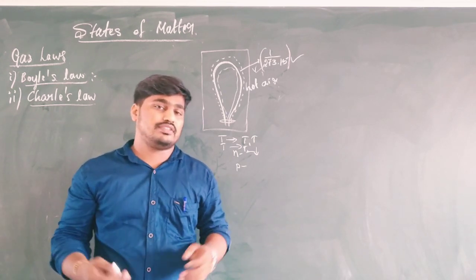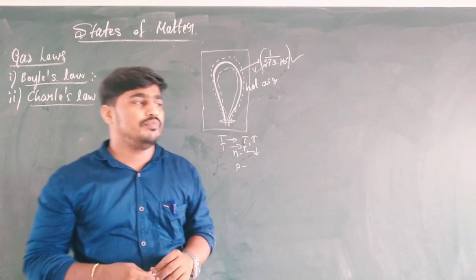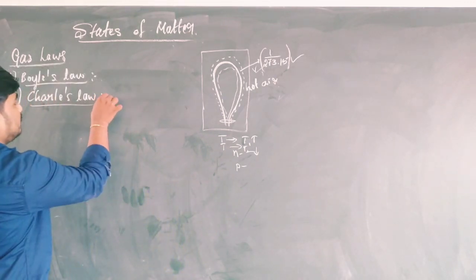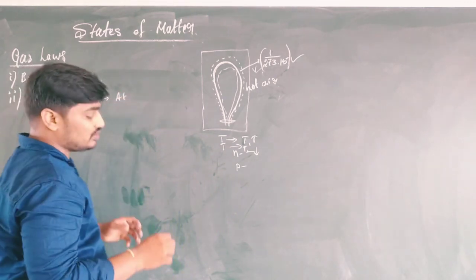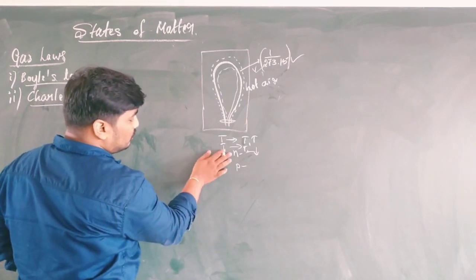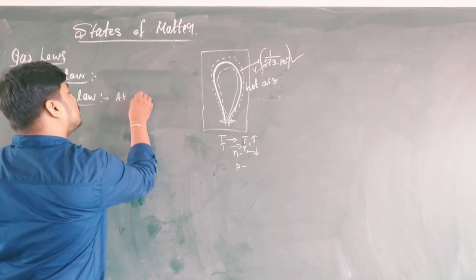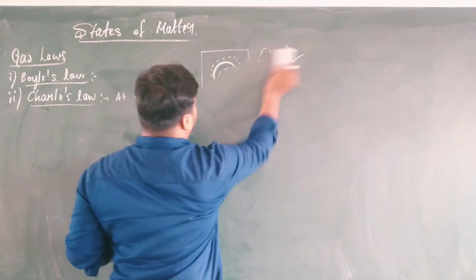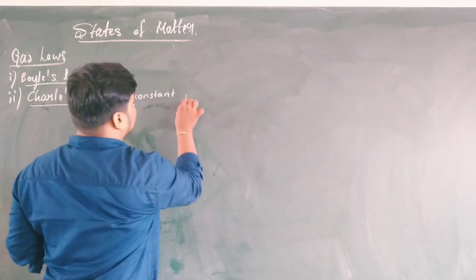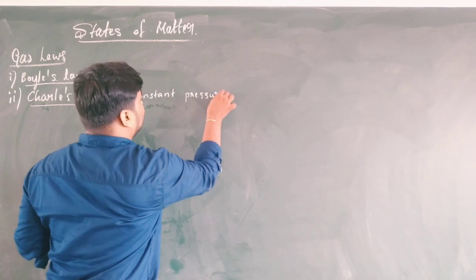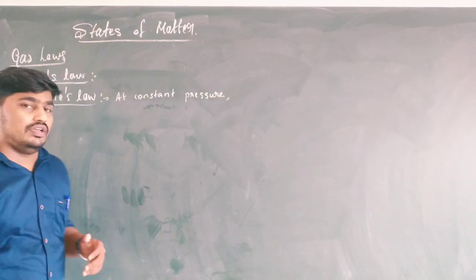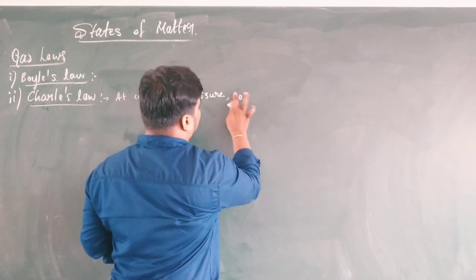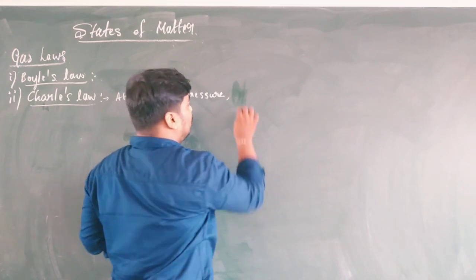Okay, let us discuss the Charles's law in detail. What is the statement? According to this experiment, Charles's law gives the statement. What are the things constant here? The constant things are the amount of substance and pressure. At constant pressure, the volume of the gas, it is not the exact statement, according to the experiment,